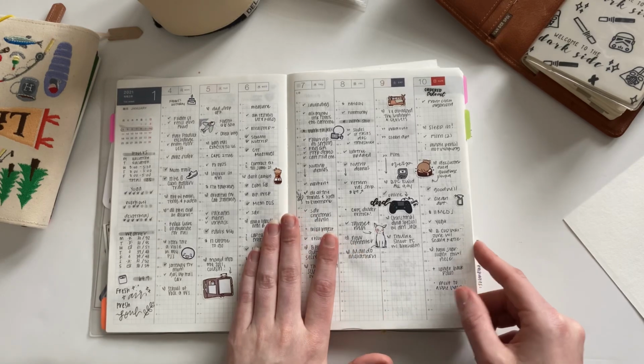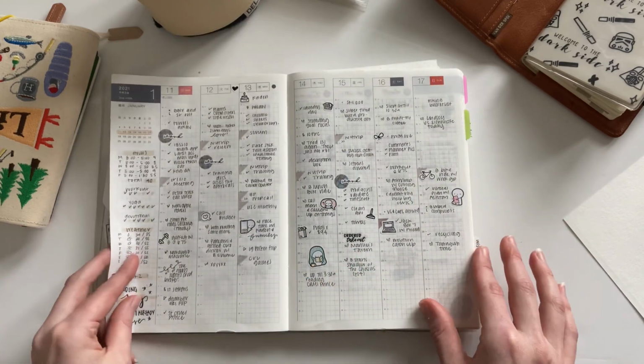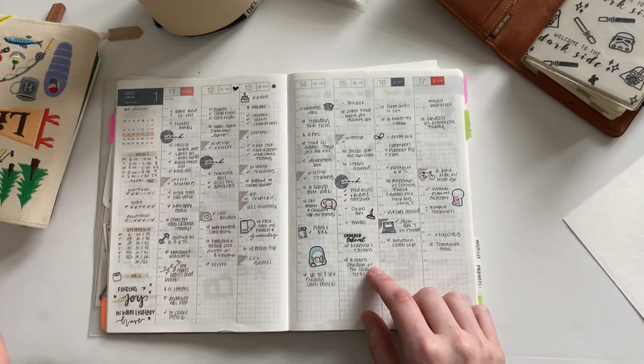But I don't really use kits when it comes to my weeklies. I use a lot of character stickers. I use a lot of these functional stickers from Sterling Ink, and I also still have a discount code